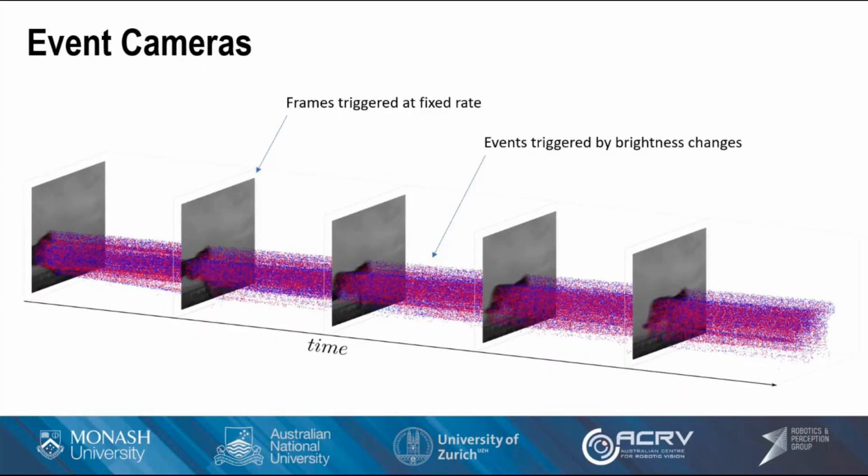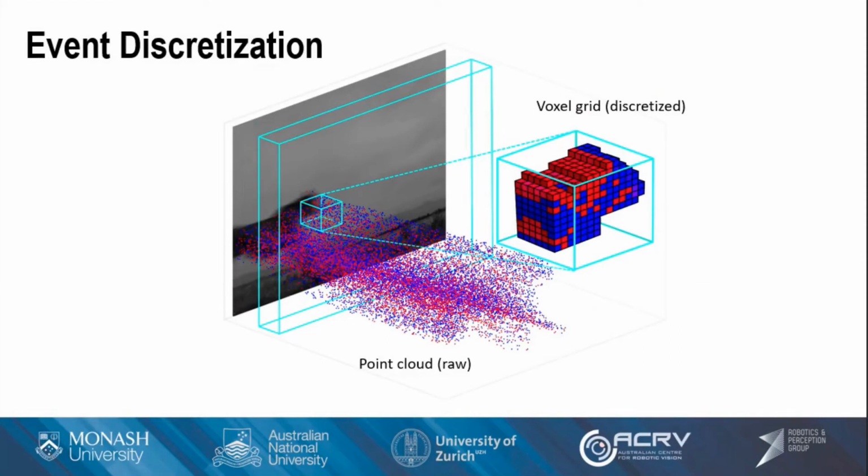Here, images and events are laid out on a timeline. Events are continuous in time, while conventional video is a sequence of discrete image frames sampled at regular time intervals. Computer vision often deals with regular grids. However, events are closer to an unstructured spatiotemporal point cloud. One way to discretize events is a 3D space-time voxel grid. Voxel grid representation is amenable to traditional computer vision tools such as convolution, though sacrifices the continuous time nature and